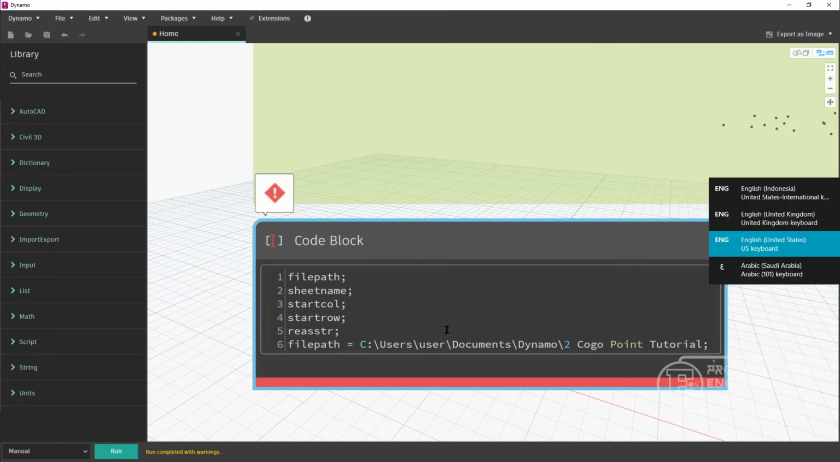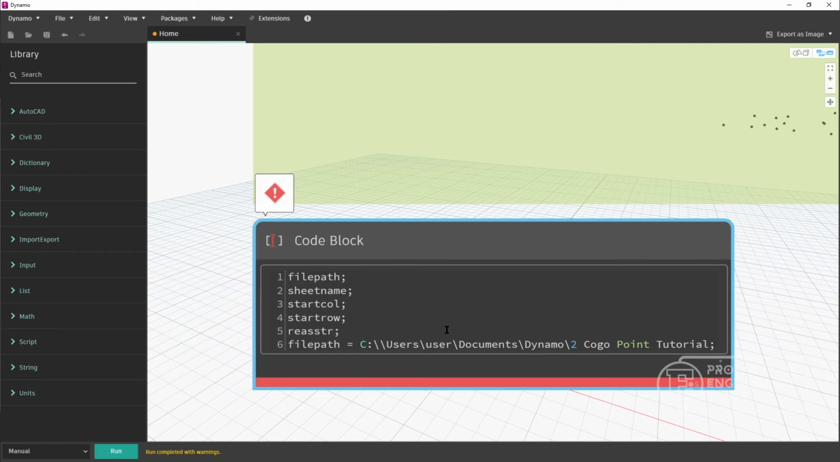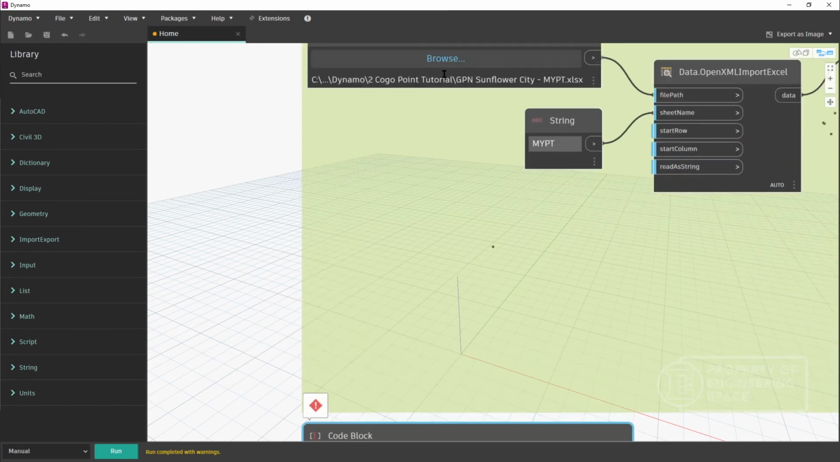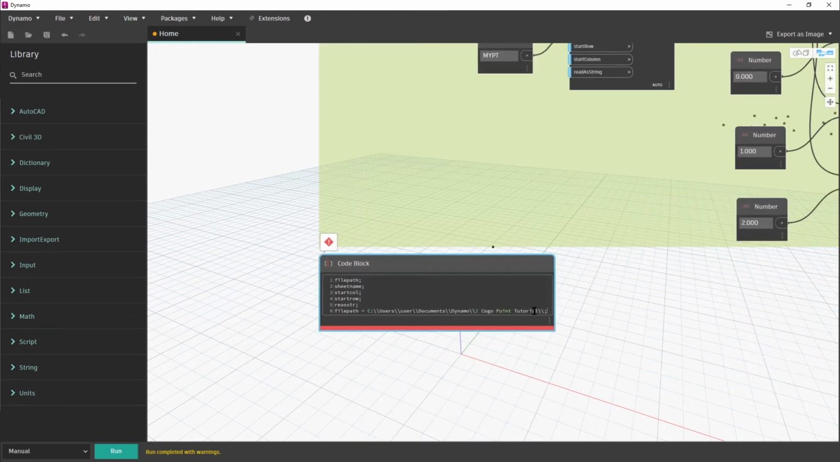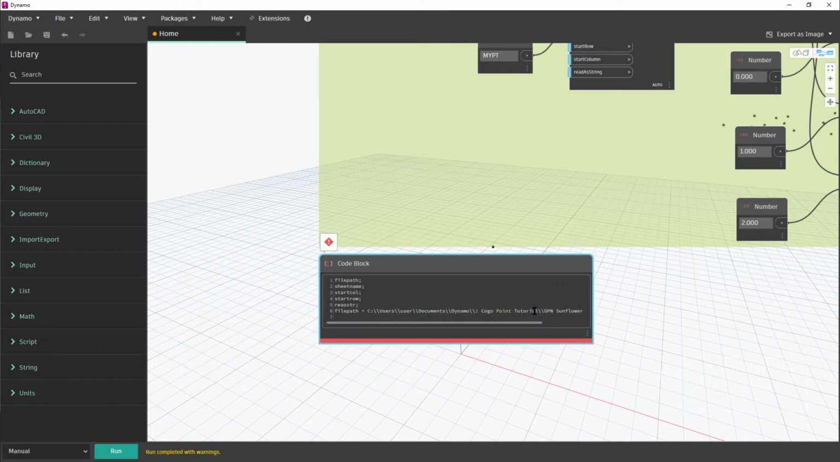Wait a minute. The differentiations: user, documents, Dynamo, cargo point, and don't forget also include it with the name of the file. So if you back again, we're gonna see the file name here, GPN Sunflower City /mypt xlsx. Copy it and put it here, and now we have defining the file path that we're gonna use